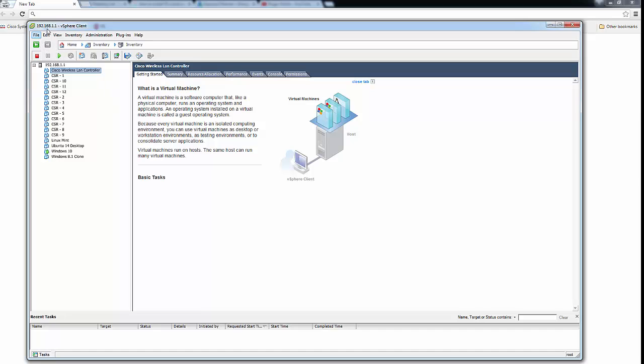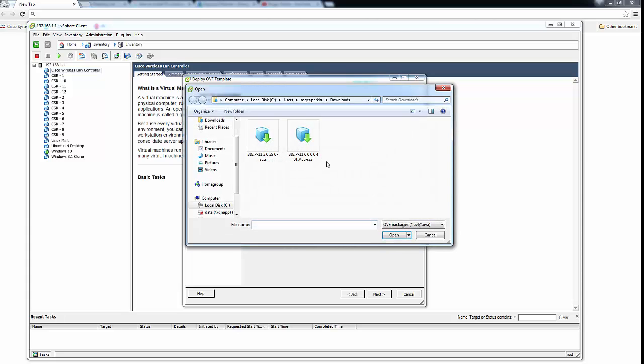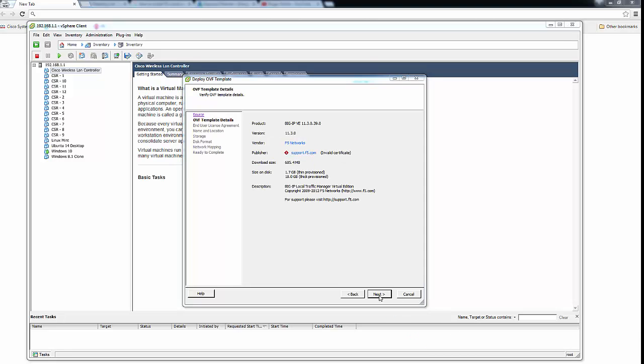So to do that, we log into the server, click on File, Deploy OVF Template, and then I need to find where I downloaded the file. I've got two versions here at the moment. The one we require for the 90-day trial license is the 11.3. Click on that, open, click next. Then we click next again,